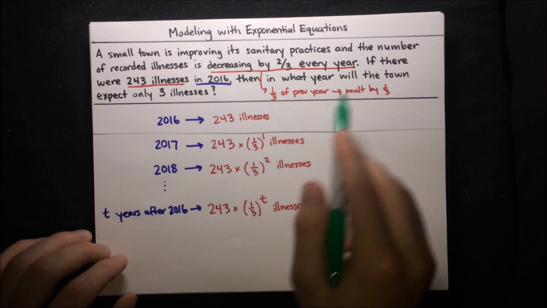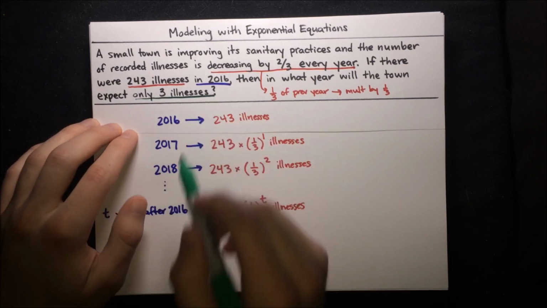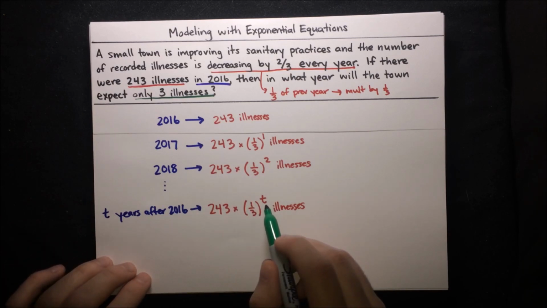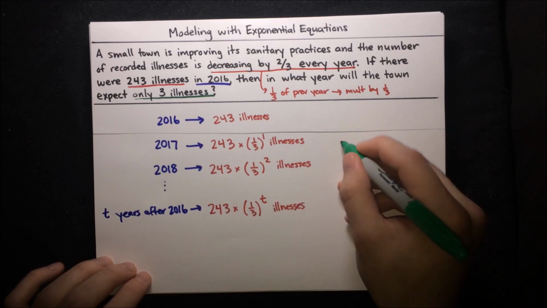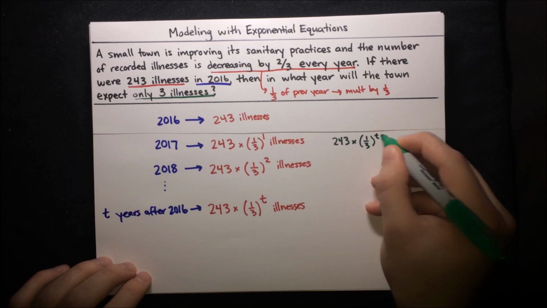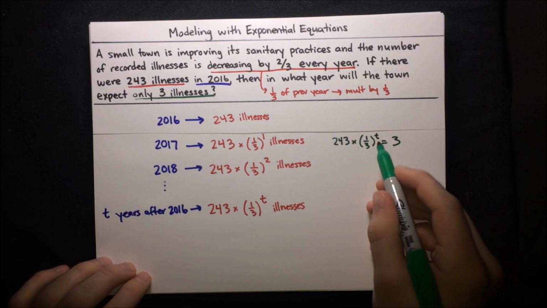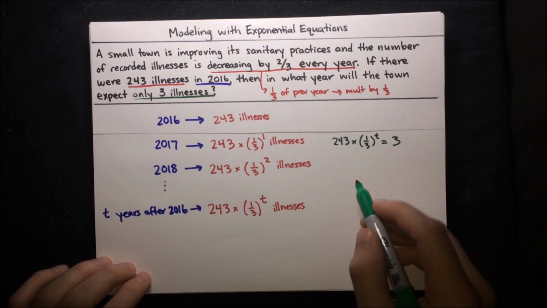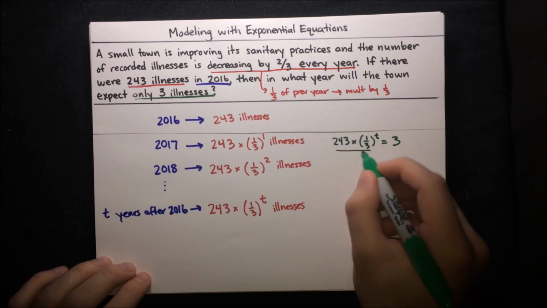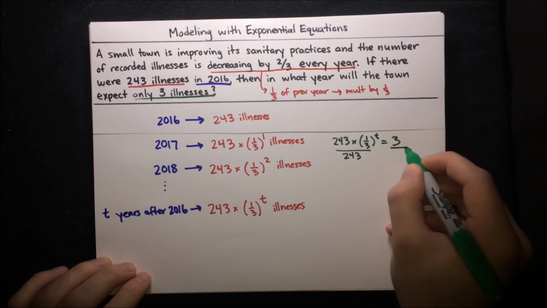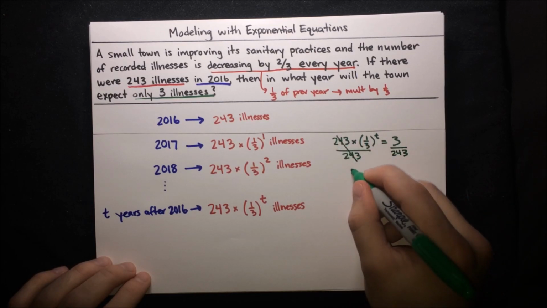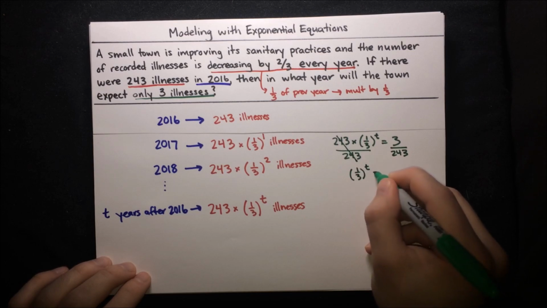Now we want to find in what year will the town expect only 3 illnesses. So what we can do is we can set this expression equal to 3, solve for t, and then use that to figure out what year it is. So let's do that. 243 times a third to the t has to equal 3 illnesses for the t that we're interested in. Let's go ahead and simplify this equation. So we want to get the exponentiated expression by itself on one side, so let's divide by that 243 on both sides, and then that cancels out here and we just have 1/3 to the t equals